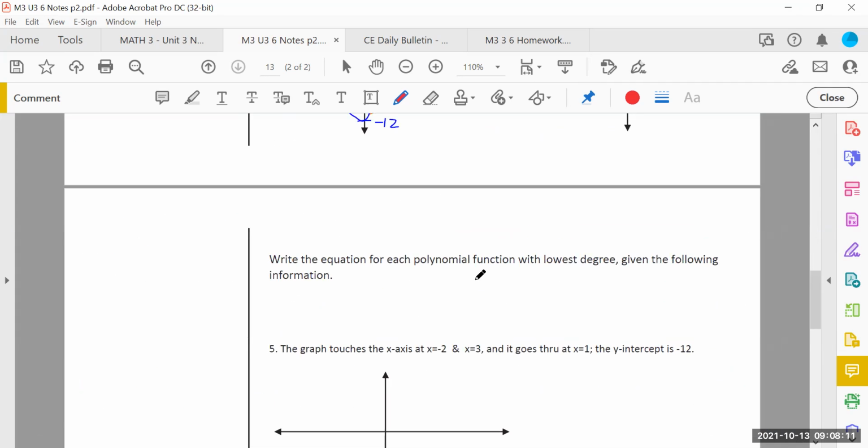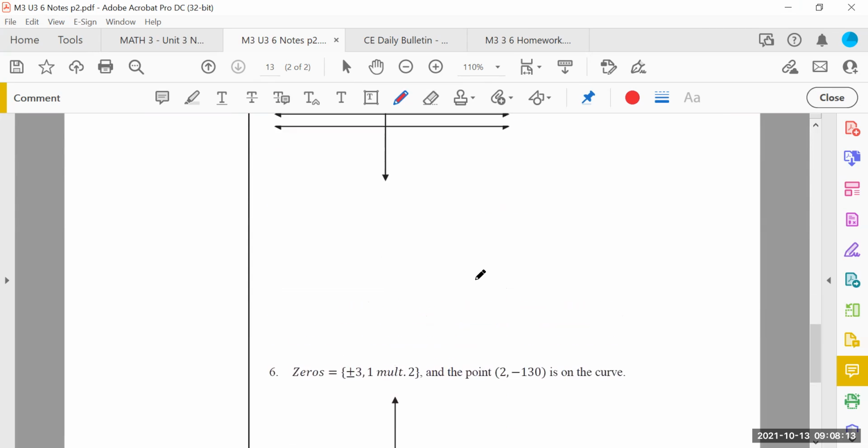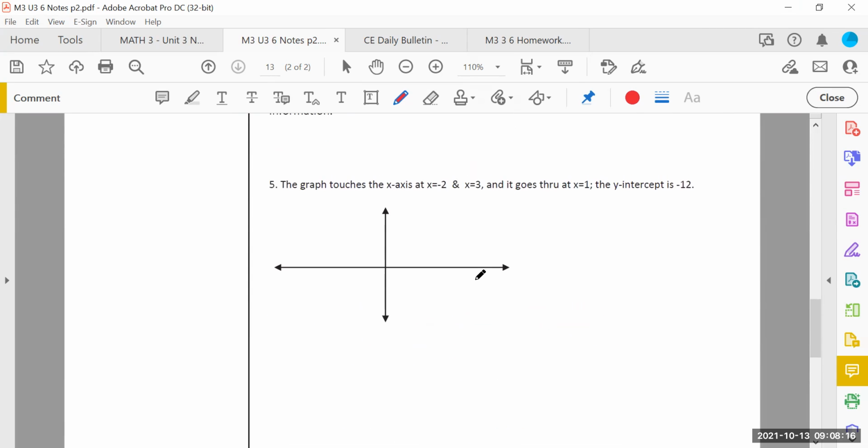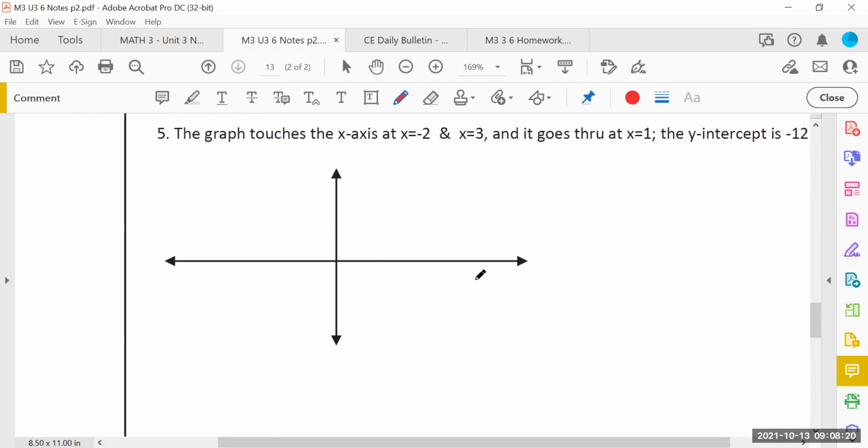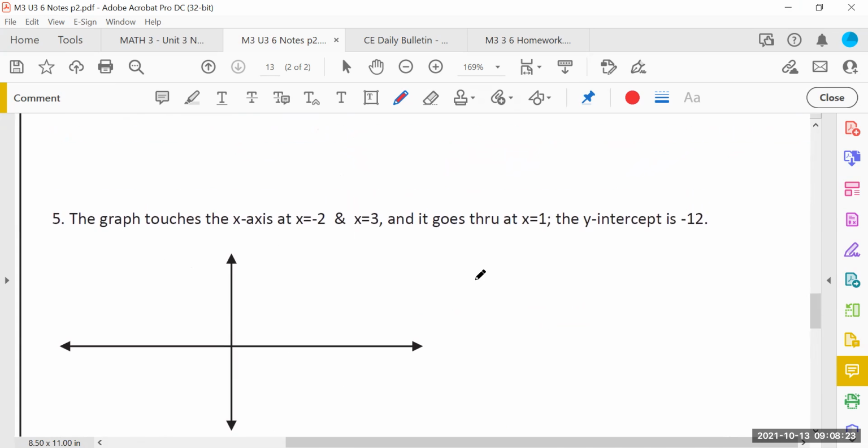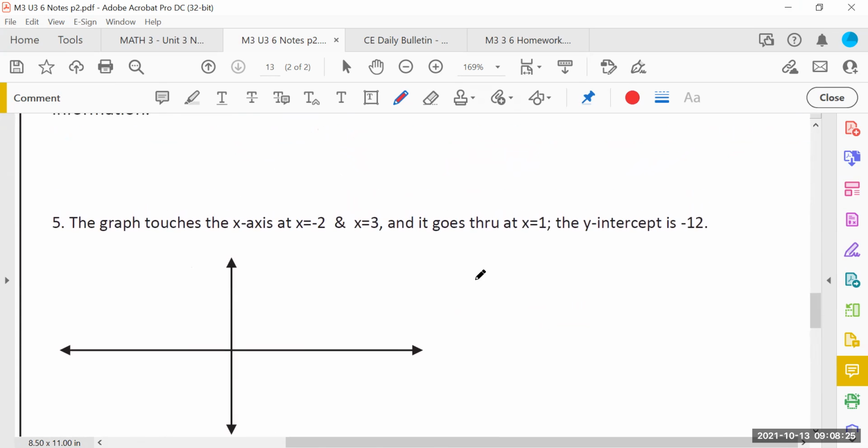Now, real quick, we're going to do one of these, and then we're going to be done with this section, okay? Graph touches the x-axis, so turn to number 5. Graph touches the x-axis at -2 and 3. What did we say touch means? What's another way of saying that? Bounce. It's an x-intercept, but it's a bounce. Does that make sense to everybody? Okay, so -2, bounce, +3, bounce,